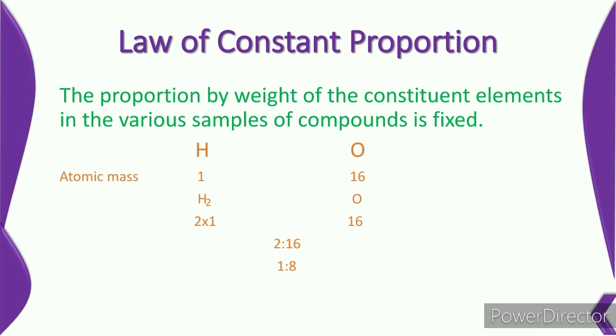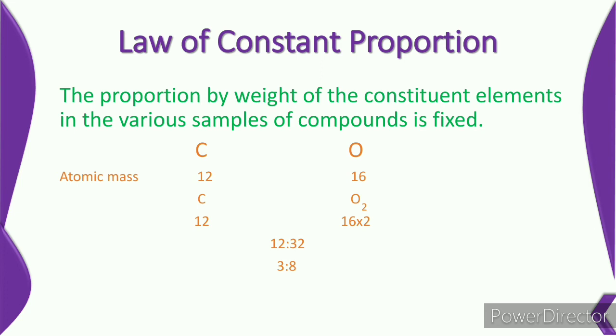And second example is related to carbon, oxygen and carbon dioxide. If we take 12 gram of carbon and 32 gram of oxygen, then after reaction we will get CO2, and that will be 44 gram, and the ratio is 3:8. Now, how does this ratio come? This ratio comes from the atomic mass of the element.